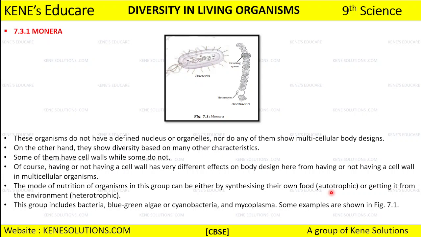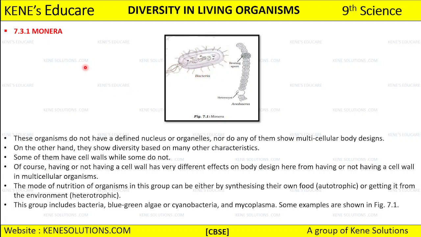And don't forget about this hierarchy that we are having, because hierarchy is something important that we need to discuss. You should know the hierarchy, how the kingdoms are further classified as phylum, class, family, order, genus and species. Now this figure 7.1 includes kingdom Monera, an example of which is bacteria.